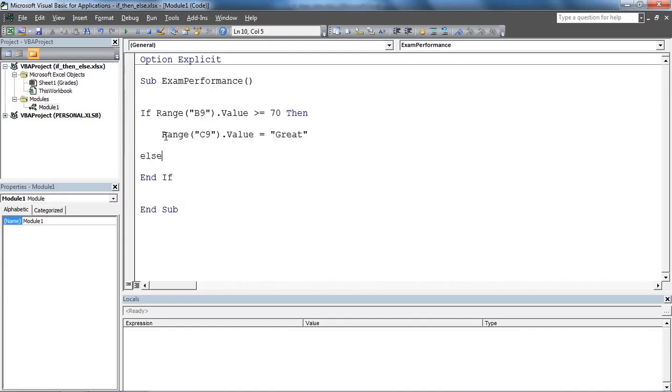Else. So this is known as the if then else statement. You do not have to put an else statement. Let's say that I wanted to display the word great, and that was it. If it's not 70 or more, then don't do anything. Let's have a look at that. Let's say I leave that out and I will run this macro,